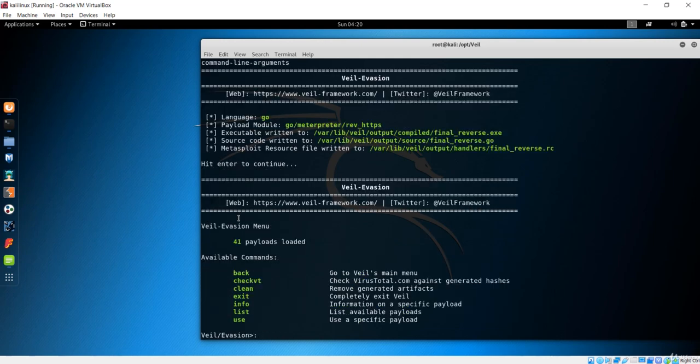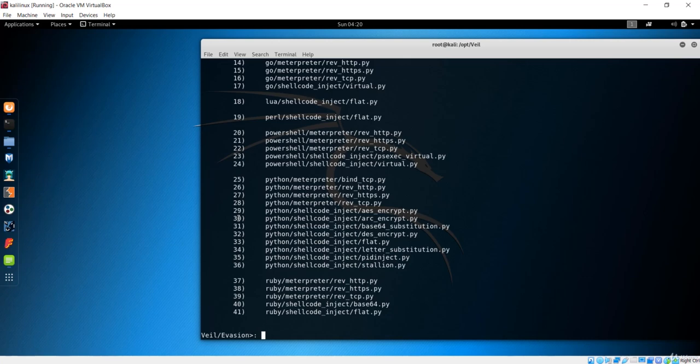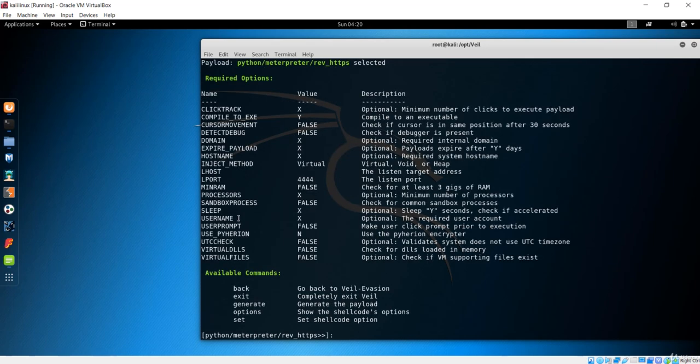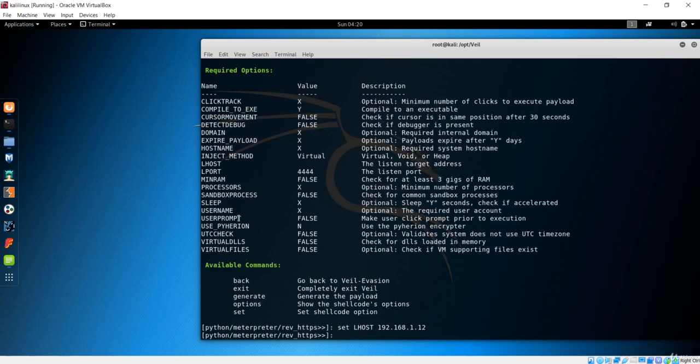First of all I want to list, and the Python reverse HTTPS is number 27. So I'll just use that, 27, and you can see you have to set again the LHOST, and in my case it is the IP address of Kali. Let me set LPORT, which will be 8080.